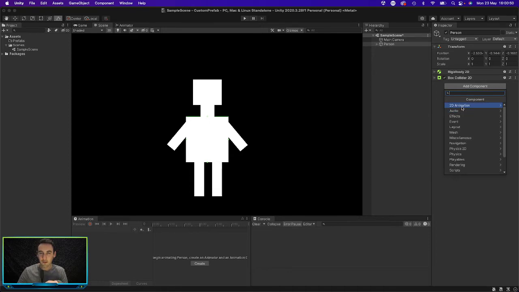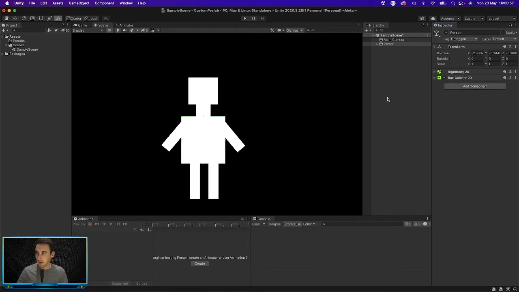If you wanted to add some 2D animation for when the person walks from left to right, maybe you could do that as well. But for now, I think that's fine. We'll just leave it like that. So now that we've created our person, what we can do is